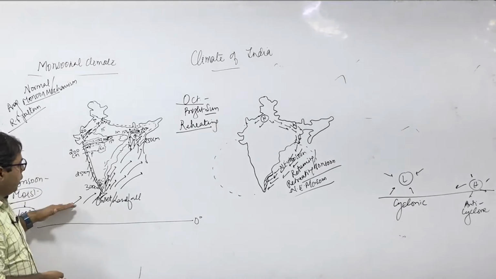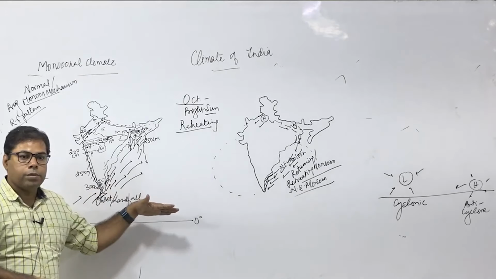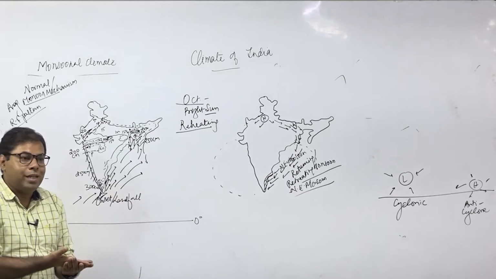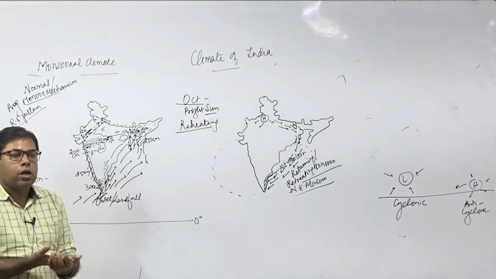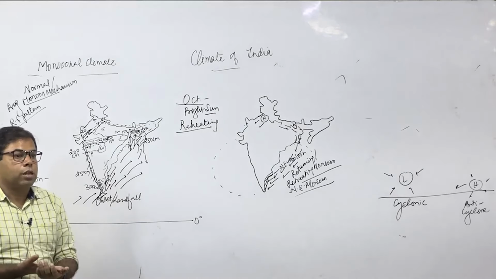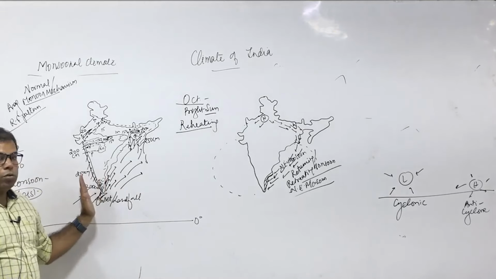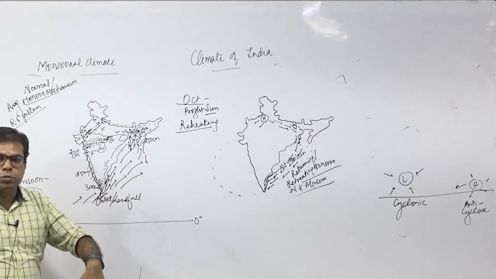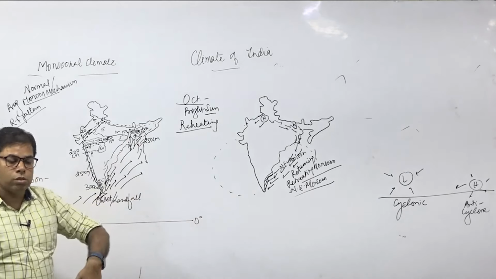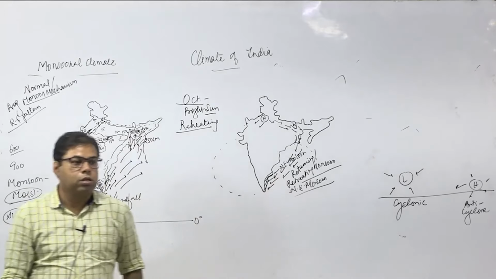There, the wind enters from the Shencottah gap and the wind enters from the Palghat gap. So in Tamil Nadu, the Madurai hills, Nilgiri hills, Palani hills, Pachamalai hills, and these Annamalai hills receive the rain and they cultivate the tea. This means the western part of Tamil Nadu receives rain from the southwest monsoon. The Coromandel coast receives rain from the northeast monsoon because the southwest monsoon winds are parallel to the Coromandel coast.